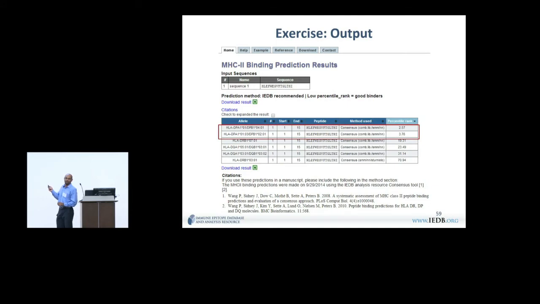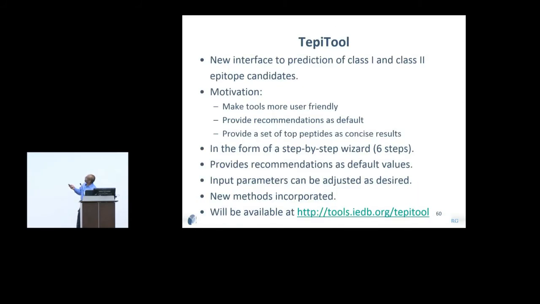Did everybody get that? Okay, good. And so we have 2 peptides with percentile rank less than 10, and so this peptide can bind with these 2 alleles. Does anybody have any questions? Okay, so the next one is